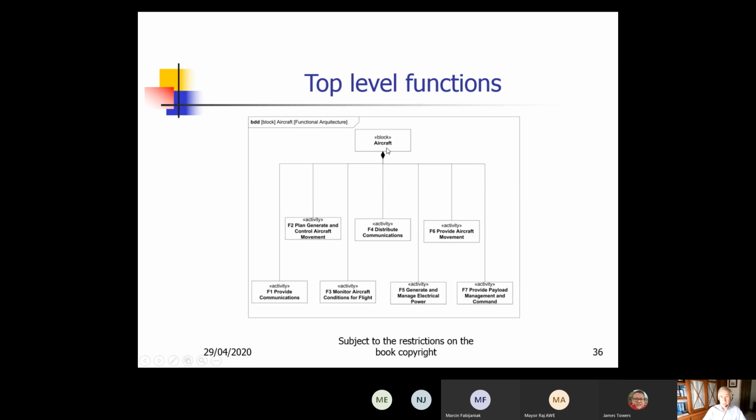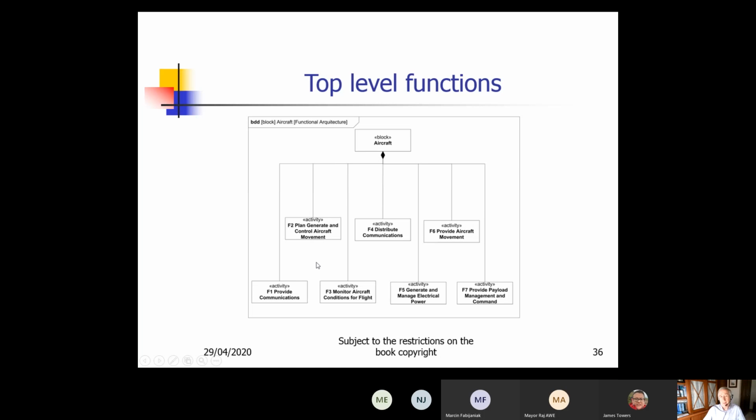This main functionality tree is based on these capabilities, the operational needs, and the domain knowledge. As I mentioned before, the domain knowledge is in books and in technical reports. For example, in the case of aircraft, there is a very good technical report by INCOSE of the functionality of a commercial aircraft. And also there is a very good book by Scott Jackson that is called Systems Engineering for a Commercial Aircraft. Based on these sources, and adapting them, we identify the main